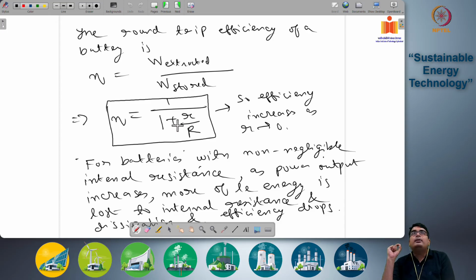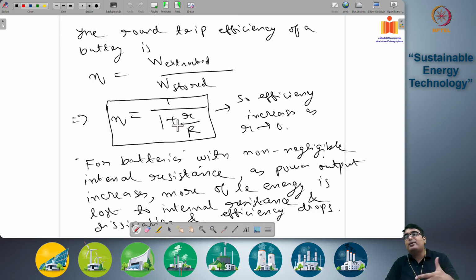Now, 2 points of importance. This kind of shows that if you want to have a battery with higher efficiency, you need to minimize the internal resistance of the battery as far as possible. So that's number 1. The second point to note is, at high powers, the internal resistance is likely to increase